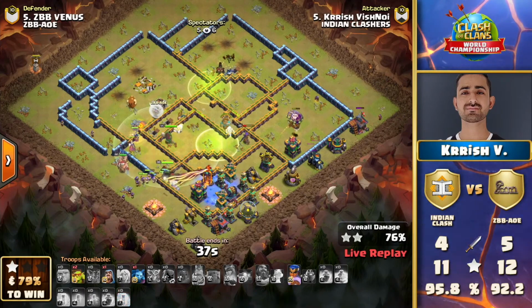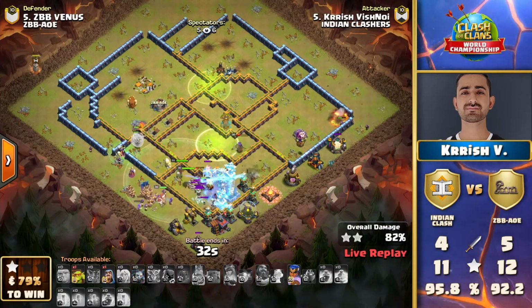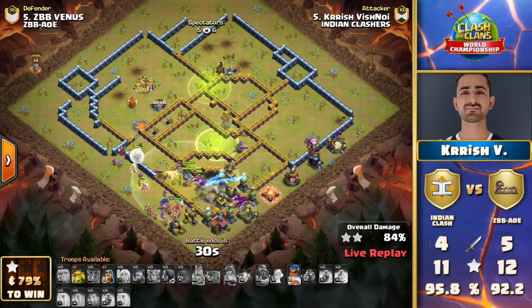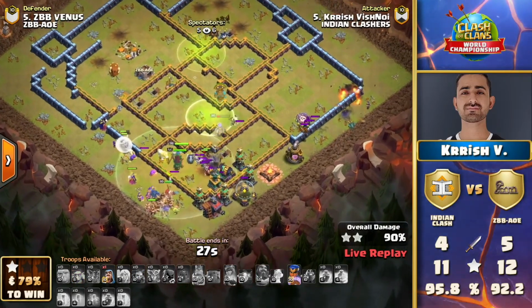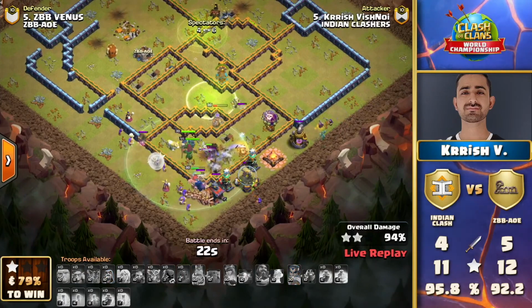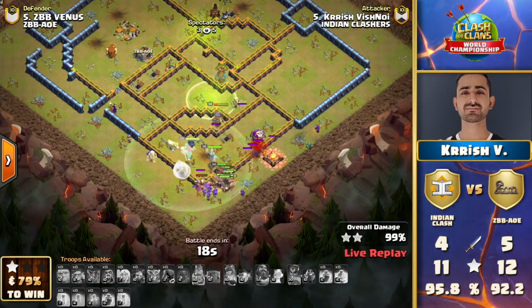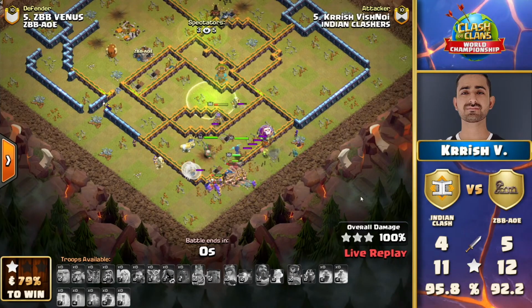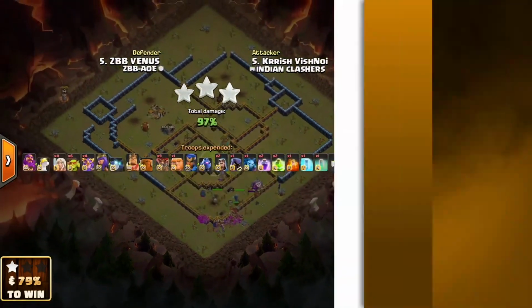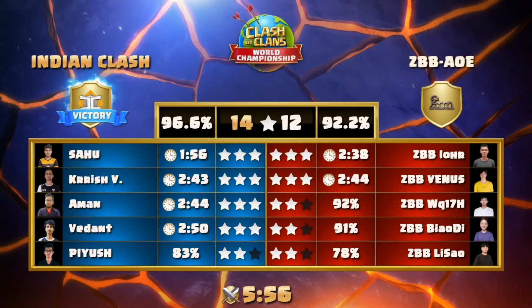Krish Vishnoi on the final charge sends in the Hog Riders. Freeze spell in that crucial bottom compartment, knocks apart a multi-target Inferno, and ready to toss out that Royal Champion shield. This is looking great, Carbon. Absolutely, with a 3-star action to close this off. The RC ability goes through, and Indian Clashers are putting up a 14-star performance here in the qualifiers. Indian Clashers, beautiful job, 96.6 to a 92.2, 12 stars. So it was the